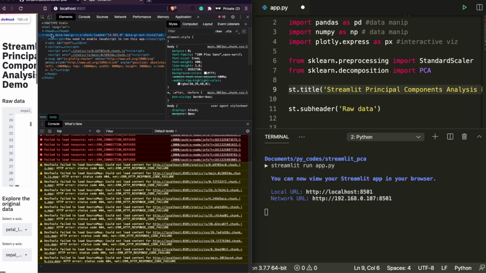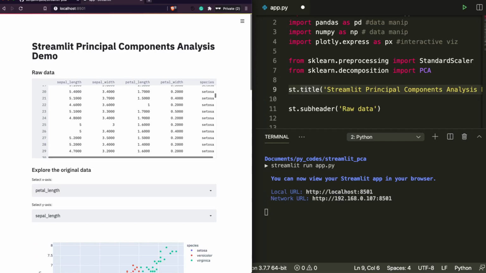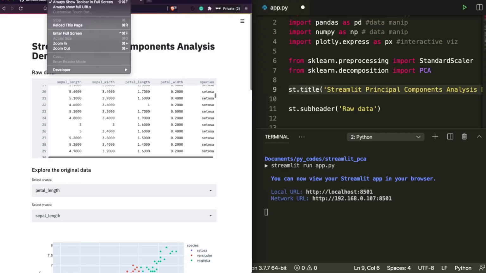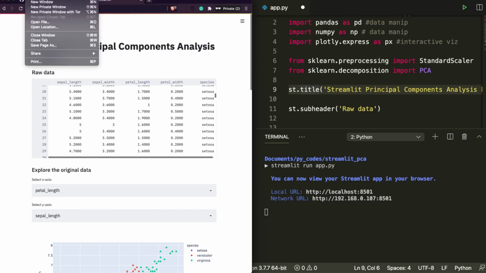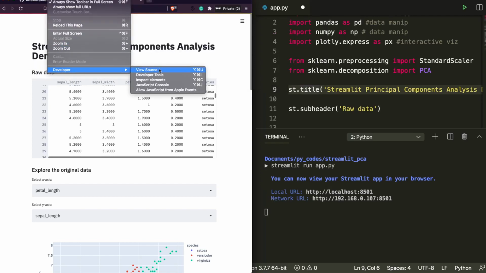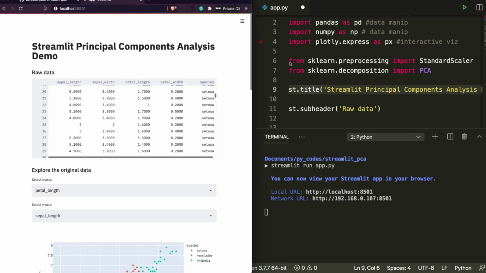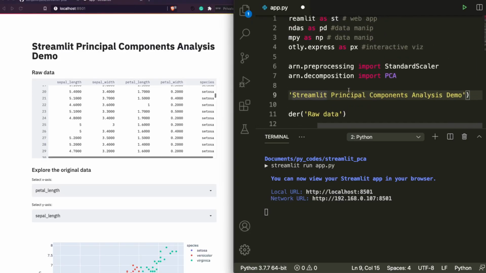If you look at the developer tools, okay, it's not probably loading properly, so I can show the source. Where is my source? Okay, the source. If you look at the source, it's all JavaScript, but that is what you would see in the title. So st.title is where you would see this.